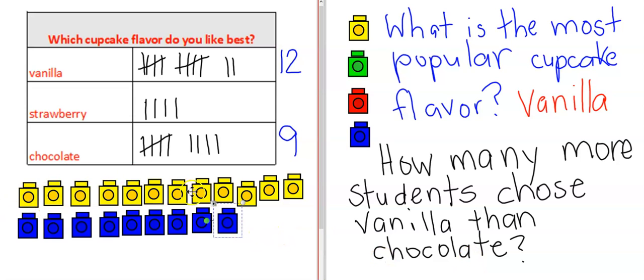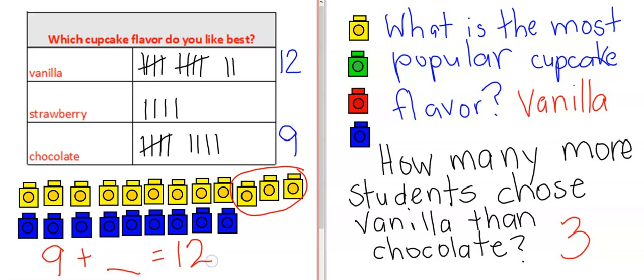Well, I'm noticing if there were 9 vanilla and there were 9 chocolate, they would be the same right here, right? But these students made it more, didn't it? So, how many more students chose vanilla than chocolate? You're right, 3. So, I could think about this in lots of different ways. I could say, well, if I had 9 chocolate, how many more until I got to 12? So, if I had 9, 10, 11, 12,